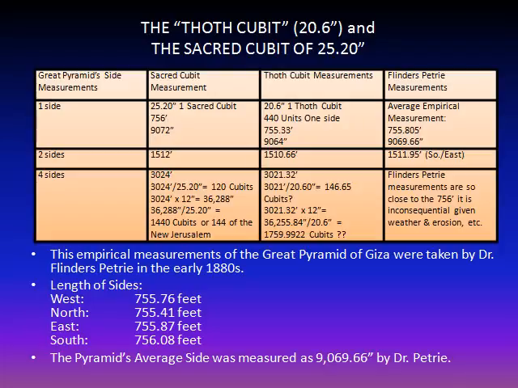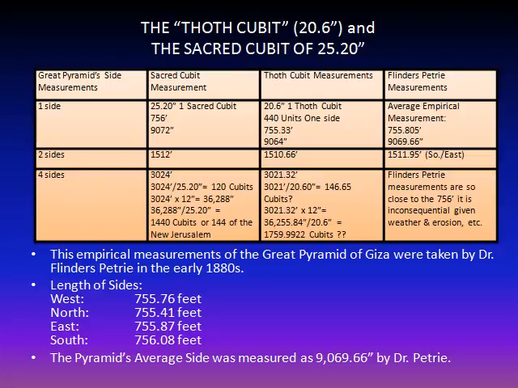With the 12th cubit, we simply come to 1,510.66, a somewhat miscellaneous configuration. Now, it's interesting that Dr. Petrie measured the south and the east sides of the Giza Pyramid. Those two sides together come to 1,511.95 linear feet, very close to the 1,512 linear feet of the Great Pyramid in the use of the sacred